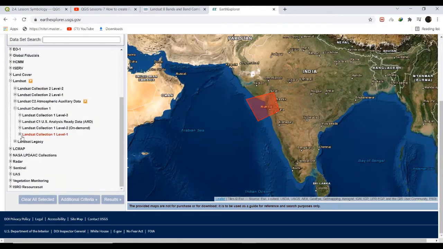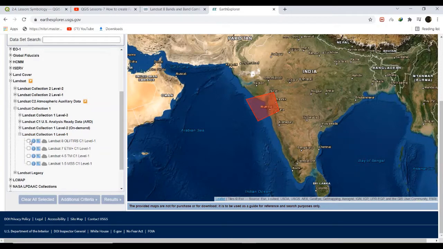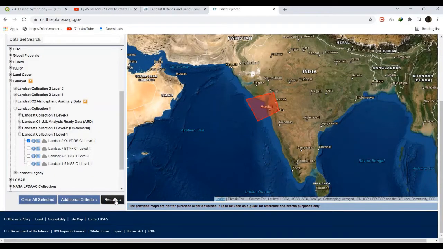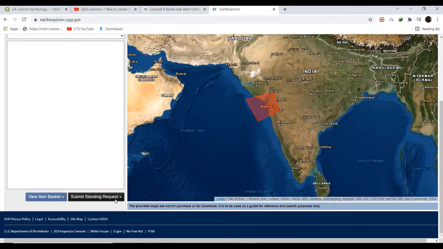There is Landsat Collection 1 Level 1, so select that, and after that we have the option Landsat OLI. OLI stands for Operational Land Imager, so click the checkbox and OK and click results.